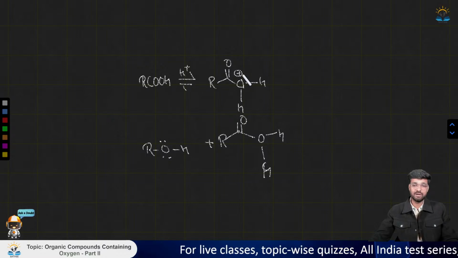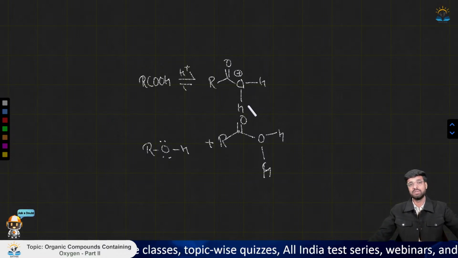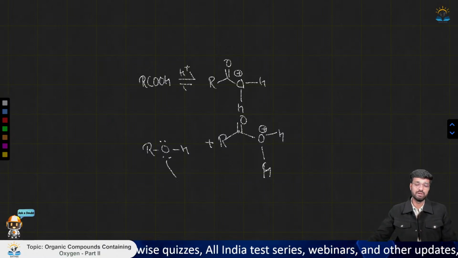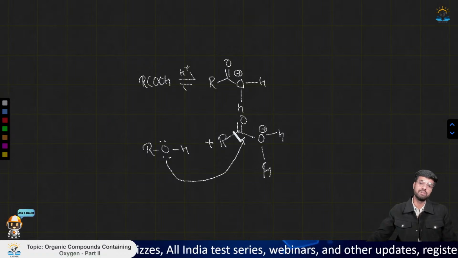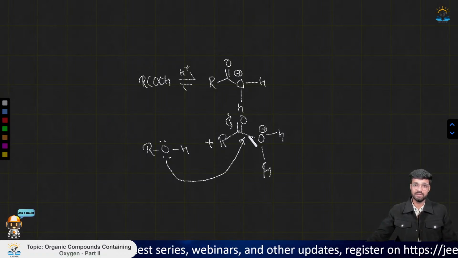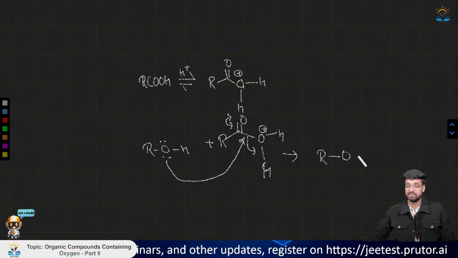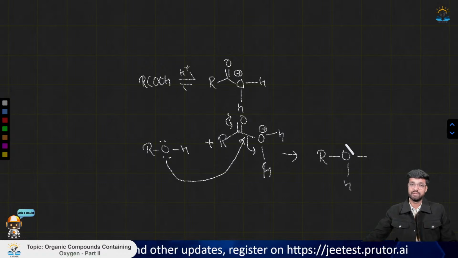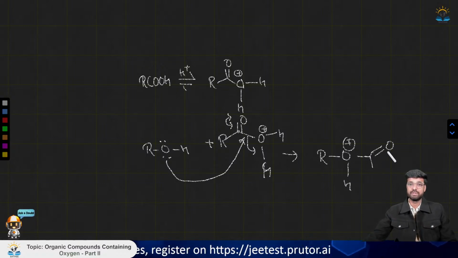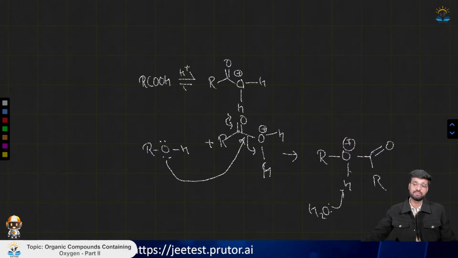Now, due to this introduction of this H, this O is carrying a positive charge on it. Now, this positive charge makes this carbonyl center much more feasible for attack by this oxygen lone pair. So, this goes here. First this bond pair goes on this oxygen, then it returns back, and the water leaves, and we get our ester. Now, this H2O that is left here will take the H plus,